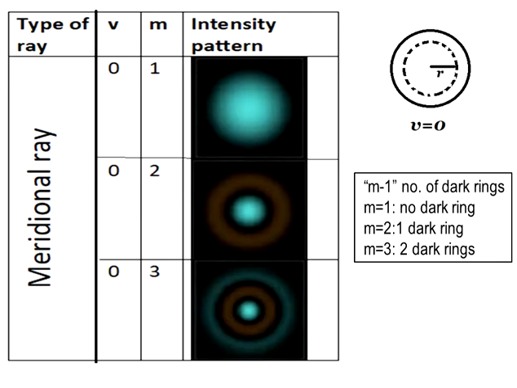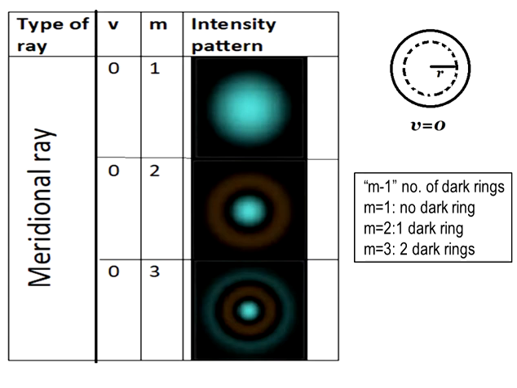You can observe, since it is a meridional ray, at the center intensity is maximum and towards the cladding it will be reduced. Now if we consider the second pattern 0 2, then there will be one dark ring. In the second pattern, at the center intensity is maximum, then it will be reduced, it will reach 0. So there will be one dark ring, and then again it will be increased, and then again it is reduced towards the cladding. So there is one dark ring as shown in the diagram.